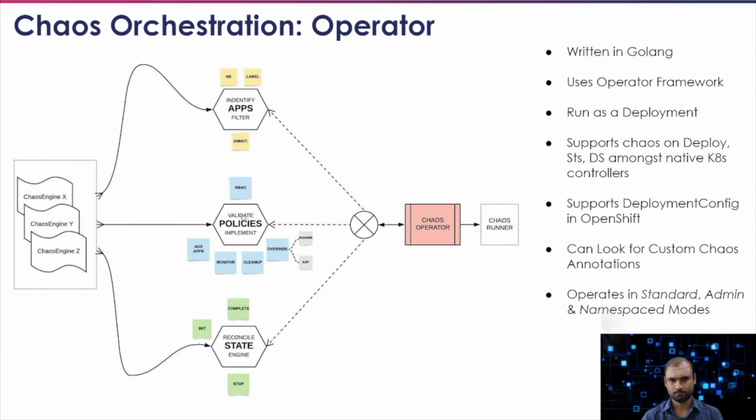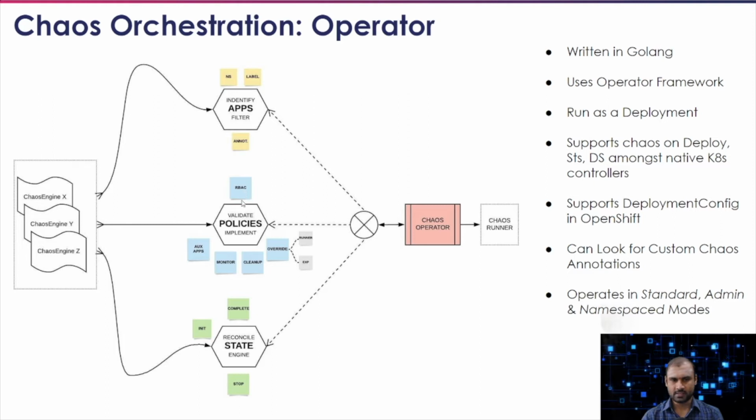of the Chaos engine. You know that in your Chaos engine, you will be specifying a Chaos service account with which you're going to create the Chaos pods, the runner and the experiment pods. So that is what we're calling RBAC in this diagram. So this is the Chaos service account and the associated role. Is this sufficient, or is this actually there on the cluster? And if it is there, then is it good enough to perform the chaos on this application? Does it have the right set of properties? Each experiment is associated with a predetermined set of permissions necessary to execute that chaos. And the operator maps that and identifies or validates whether the Chaos service account is available and is sufficient to